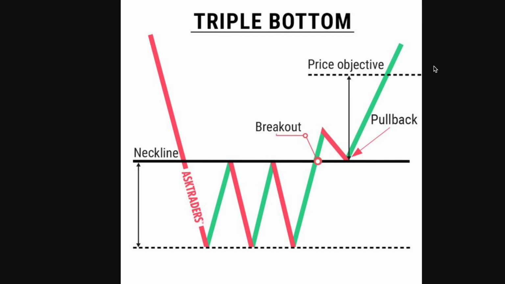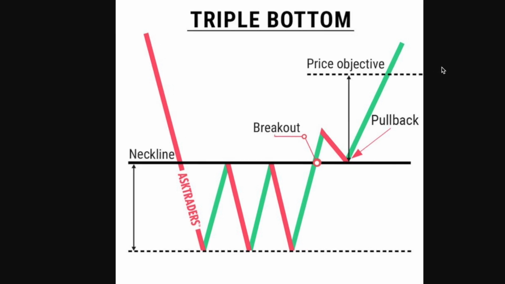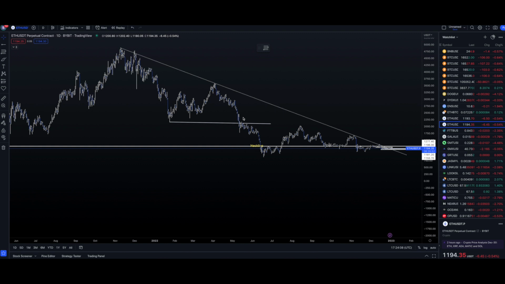And I'm going into some examples on low time frame and high time frame, specifically using Ethereum as an example. So now we have TradingView up. We're going to be looking at Ethereum. First off, I have it on the daily time frame, so we're going to be looking at high time frame triple bottom pattern. And the first one I spot